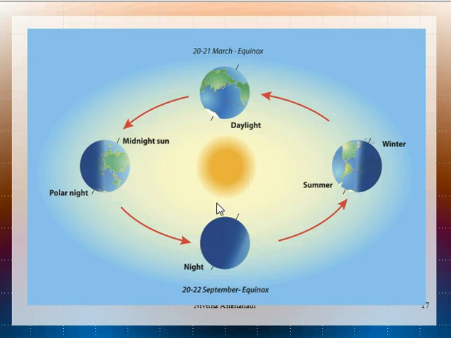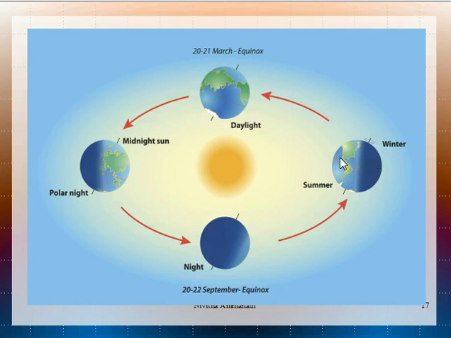In this example, the northern hemisphere is closer to the sun, and will have summer. The southern hemisphere is away from the sun, and will have winter. So this is how summer and winter happen because of the revolution of the Earth around the Sun. Likewise, in this example, the sunlight is falling on this portion, so this is day and